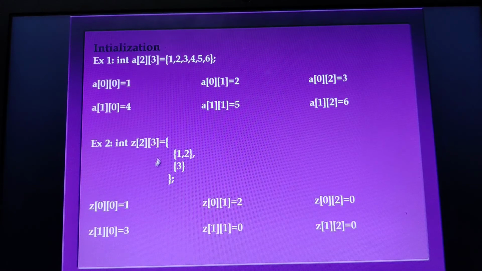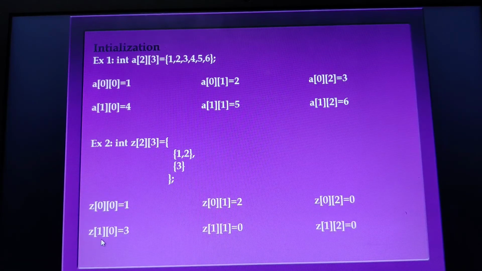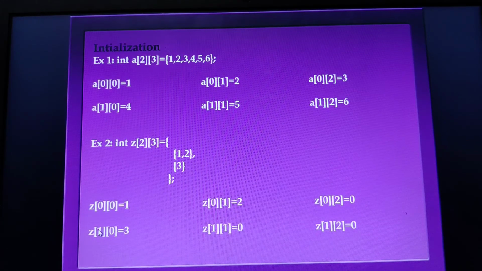Similarly, when it comes to the second row, since the array starts from the 0th location, the row will be pointing to the first. So when it points to the first row, we have the first element. Therefore Z of 1, 0 will hold the value 3. But look at this, the other 2 columns' values are missing.